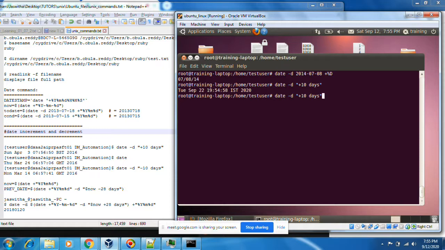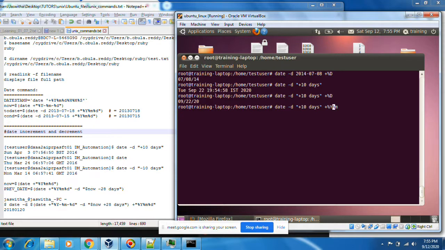If I want to change the format, it will come. You can put any format at the end, if you want to change the format of the display. You can put year, month, date also: %y, %m.